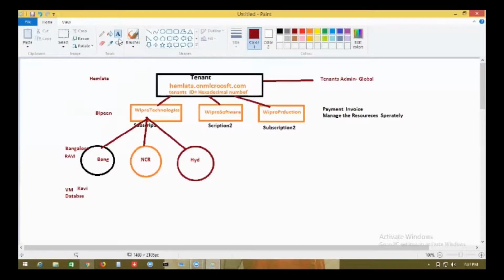They send you three invoices: Wipro Technologies separate invoice, Wipro Software separate invoice, Wipro Production separate invoice. So every department will now handle their own payment. Every department has to handle their own profit and loss, right?